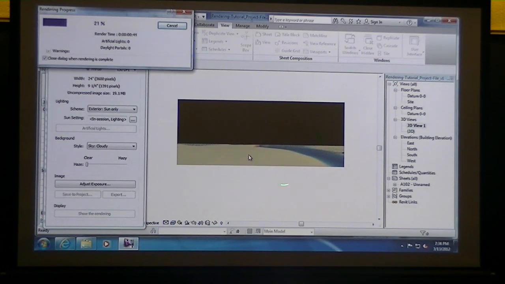The first pass is going to do kind of a pixelated image, and then it's going to go back and refine the image. This water and also any kind of transparent or translucent material, the closer you are to it, so if you're really close, the rendering might take longer because it's going to detail out that water and start to detail a lot more reflections and show you the ripple of the water, and it adds in all these other layers of detail. So sometimes the water or some of these other materials might take a little bit of time to render. Let me see how long this takes for a second. When you're done,